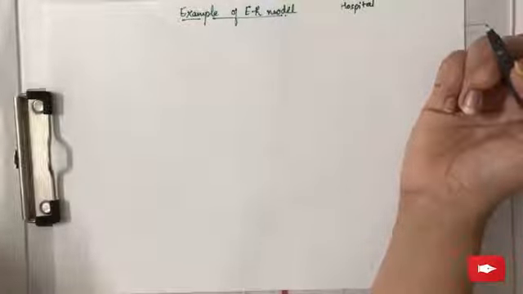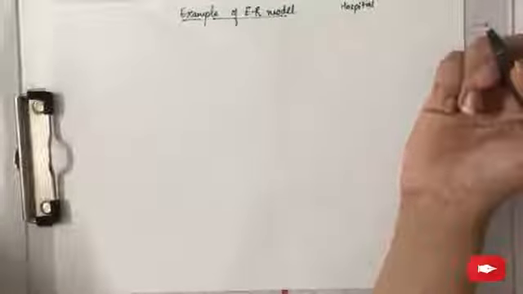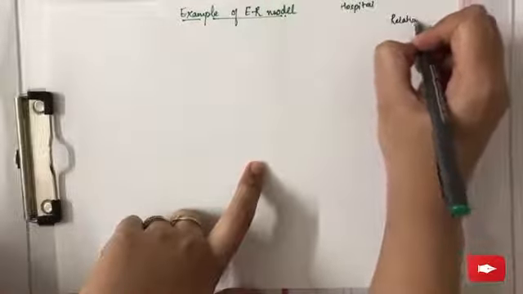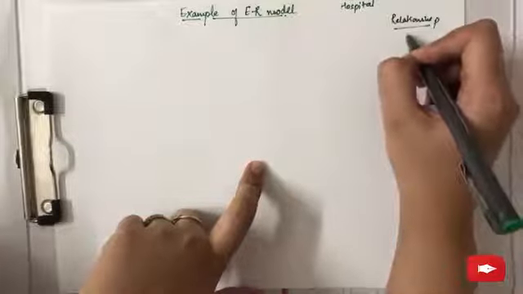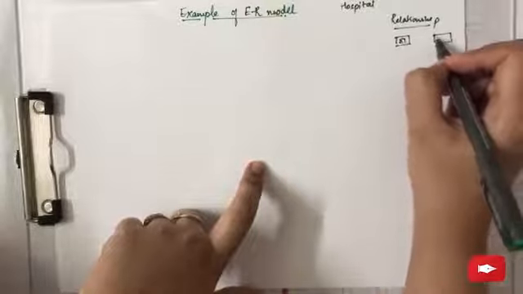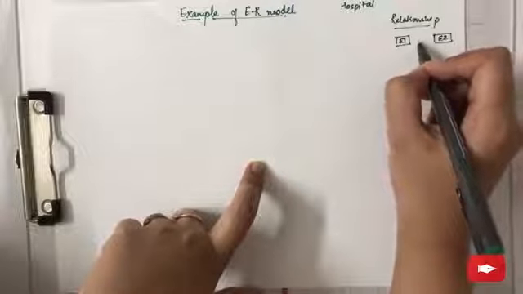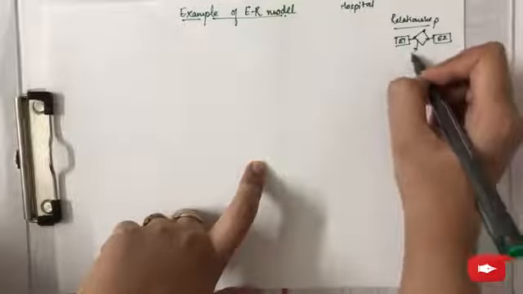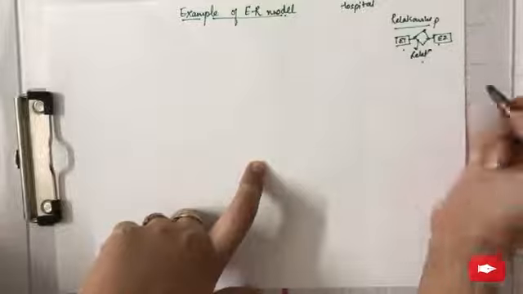Now going further with the ER diagram, you should first know a term called relationship. What is a relationship? Relationship is basically nothing but an association among two entity sets. We're talking about a term called relationship. That is an association among two entities. This is entity 1, this is entity 2, and the relationship can be represented by a diamond box. So this is a relationship among these two entities.